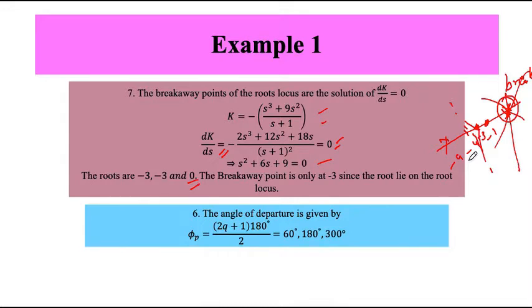Then how do they go away from this point? They go away at an angle of 180 by r, where r is my number of roots. So the initial point will be tangent to my imaginary axis at +90 and -90. They will be tangent to the imaginary axis. Then these two will go here and arrive somewhere at -3.